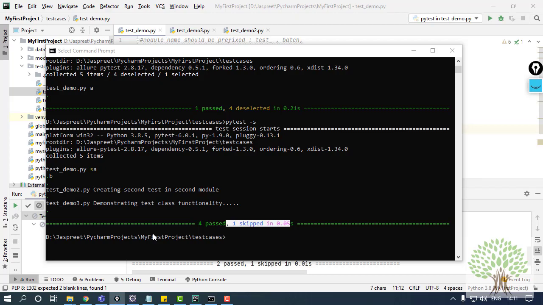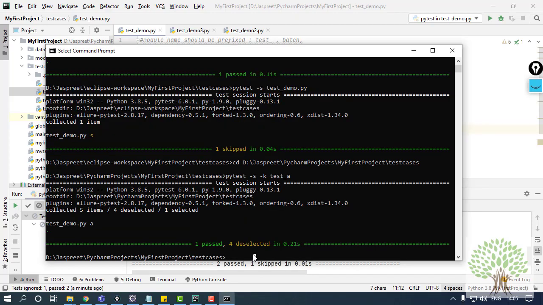How to run test cases in parallel, that we will discuss in the coming videos at a later time. Likewise, there are a number of things that you can do with PyTest. But this was the general introduction, and I hope this was clear enough with both the IDEs, Eclipse and PyCharm. Whichever you feel fine to work with, try both of them and see which is more comfortable to you. Okay, so this was all for this video.